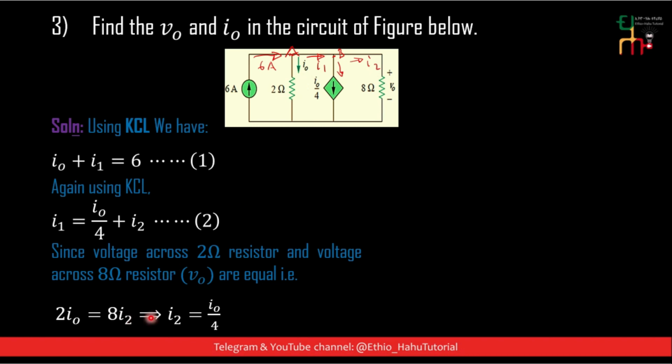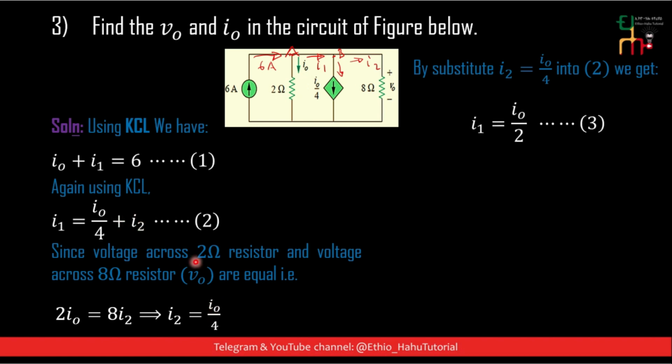ስለዚህ ከዚህ ጋር ላይቱ ሶልቭ ብናደርገው አይቱ ምን እናገኛለን? አይ ኖት ኦቨር 4 እናገኛለን ማለት ነው። ስለዚህ ኢኩዌሽን 2 ላይ በአይቱ ቦታ አይ ኖት ኦቨር 4ን ሰብስቲቱት ማድረግ ይችላል ማለት ነው። እሱን ሰብስቲቱት ሳደርግ i1 is equals to i not over 4 plus i not over 4, so i1 is equals to i not over 2 እናገኛለን ማለት ነው። ስለዚህ let's say this as equation 3።